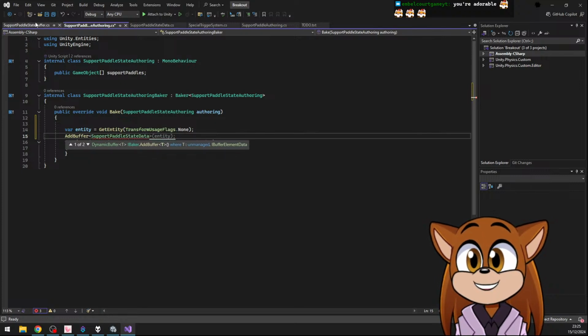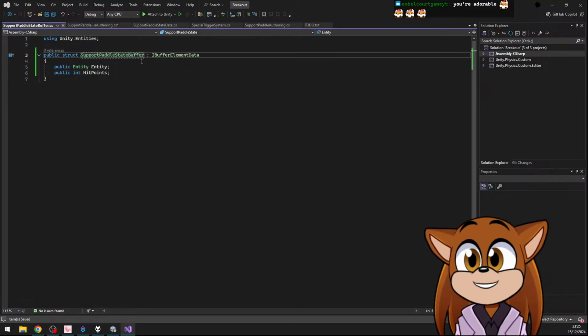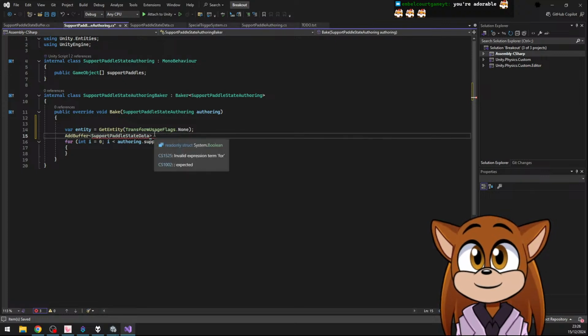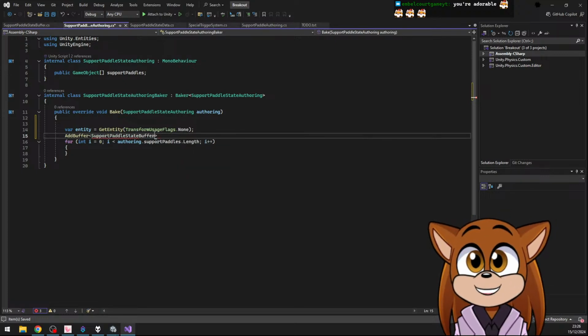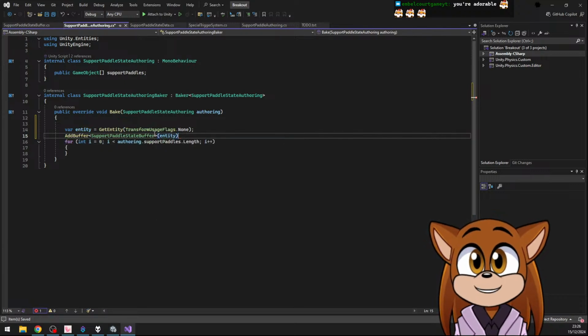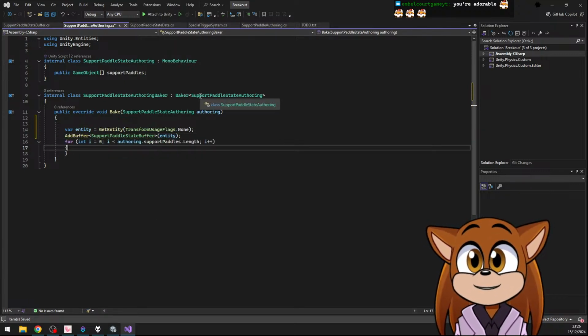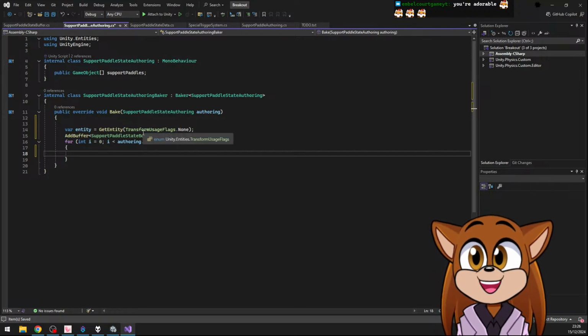Oh, if I still call this data, yes, I have. Buffer entity. And then we want to add